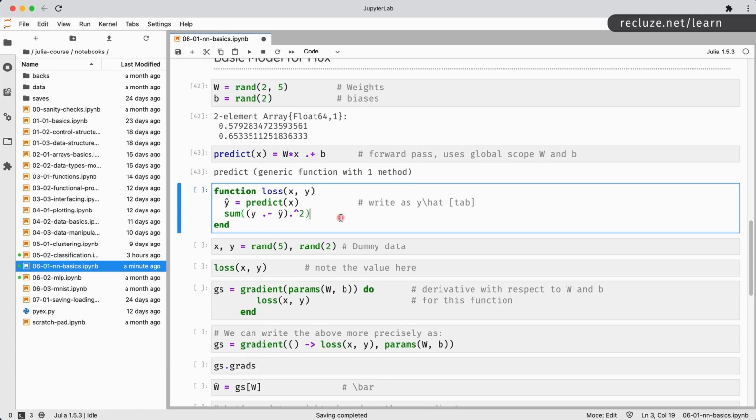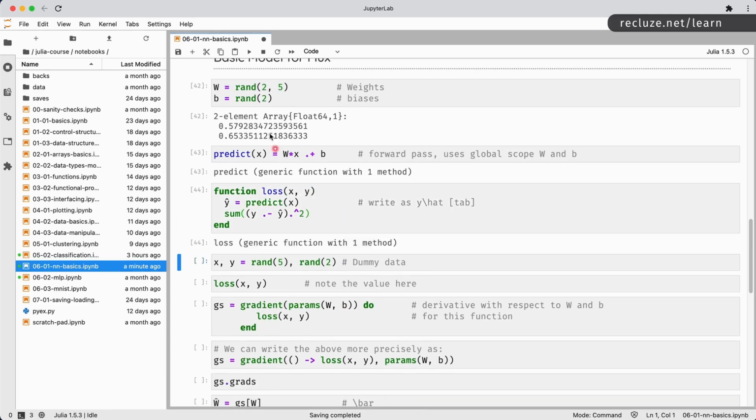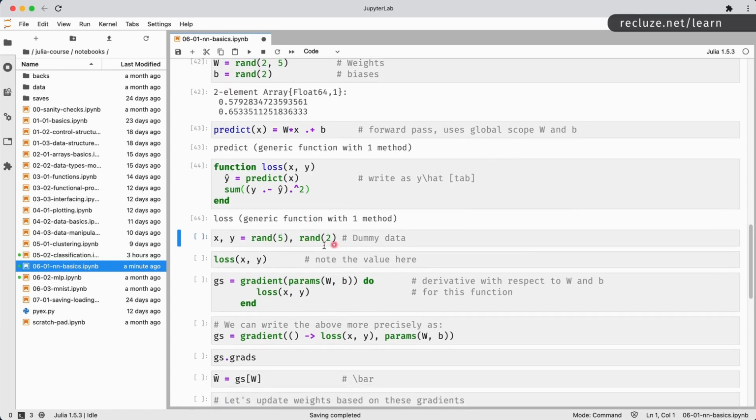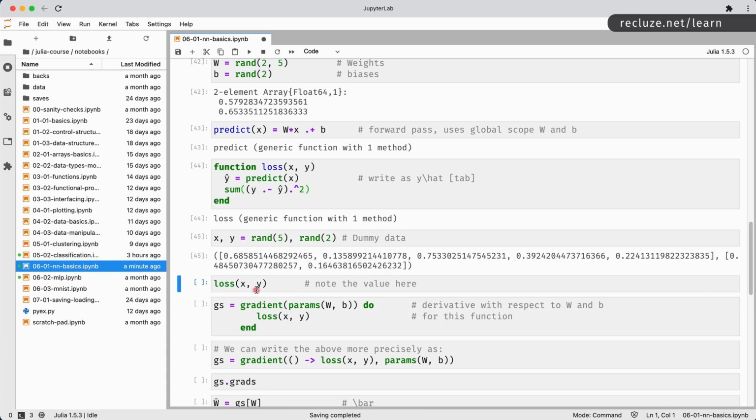Anyway, we have the loss function and we have the weights. Now what we want to do is calculate the loss for particular values. So x comma y is going to be rand 5 and rand 2. This is some dummy data. Our x values are going to be these and our y values are going to be these over here. We can calculate the loss of x and y.